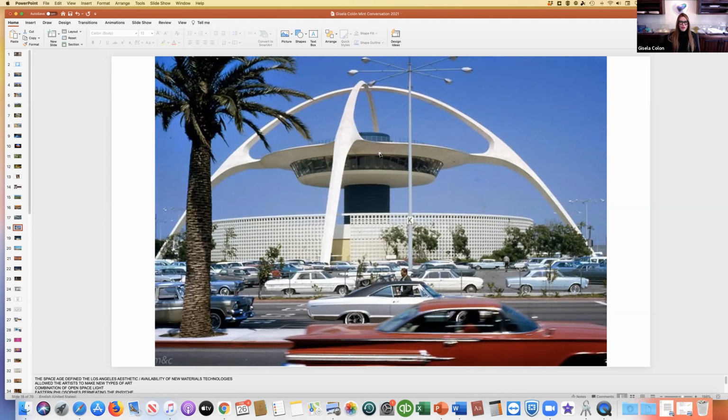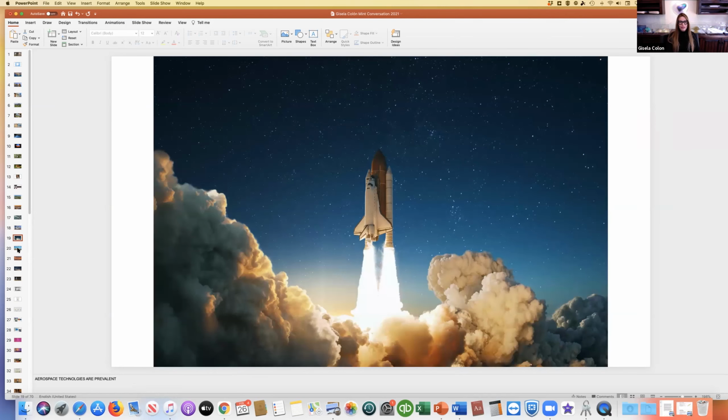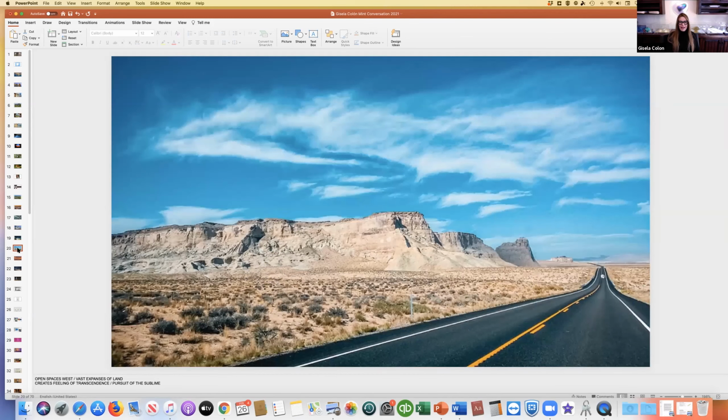And obviously the aerospace technology is pretty prevalent in Southern California. And there's a sense of these open spaces that you get in the West that you really don't get elsewhere. It's this vast sense of the sky above you that really is pervasive, the sense of the light, the way that,